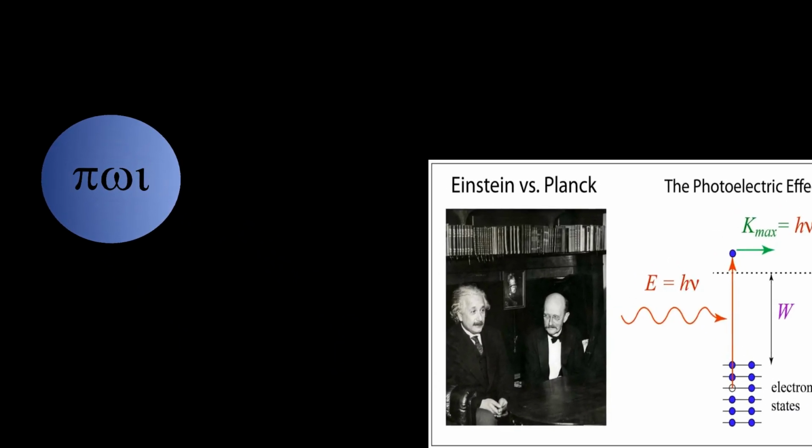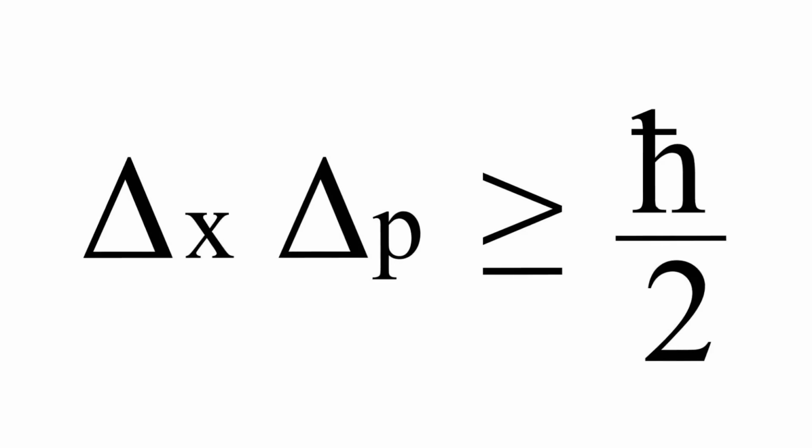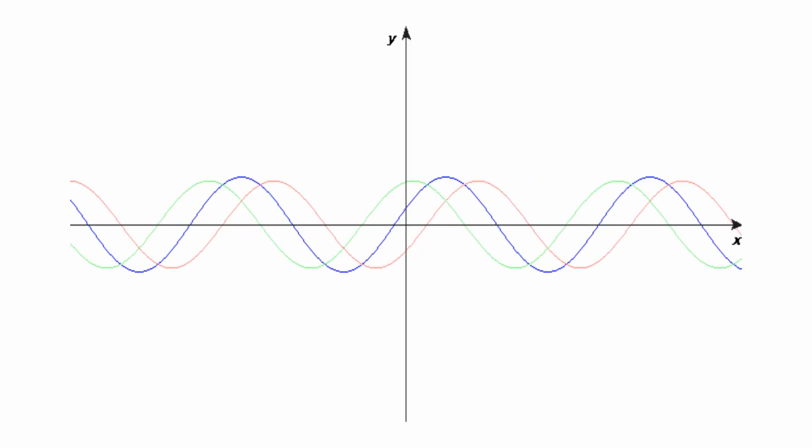To fix this problem, Bohr later introduced another atomic model using quantum theory, where electrons have energy levels. An electron can't jump up or down unless it emits or absorbs energy, which is called a photon. That solved Maxwell's problem, but one still remained, which is called the Heisenberg uncertainty principle. I talked about it in my last video. This suggests the electron has to be like a wave, so the Bohr model fails.